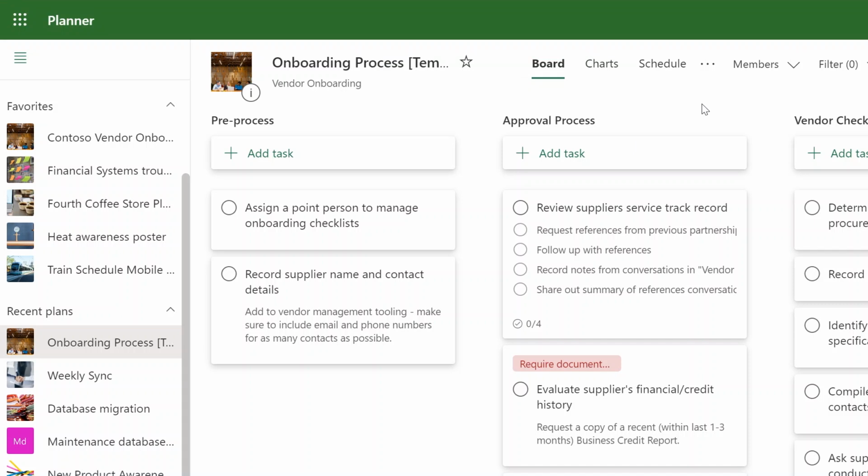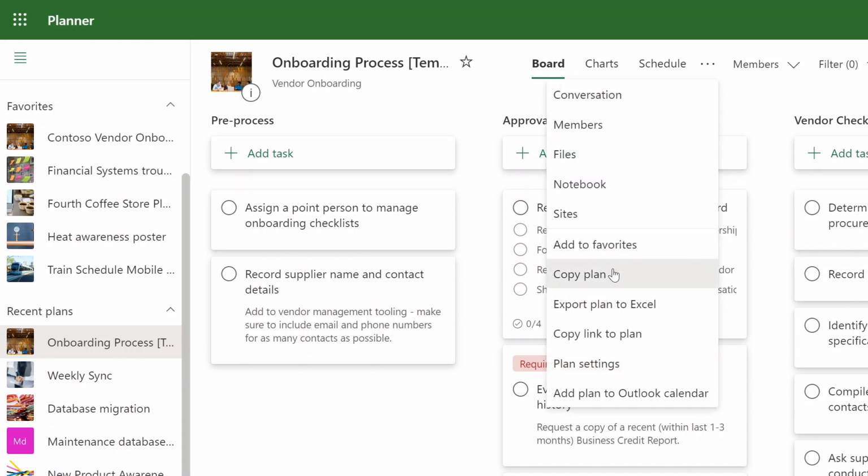Now that I have this template set up and I have named it template, others on my team can copy this template and use it for onboarding vendors on their own. To do that, I can click Copy Plan. For our users who have already used this before, previously when a plan was copied, it was copied to a new group. The news we bring this time is that Planner has expanded the capability to copy the plan within an